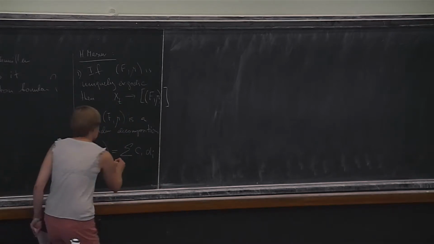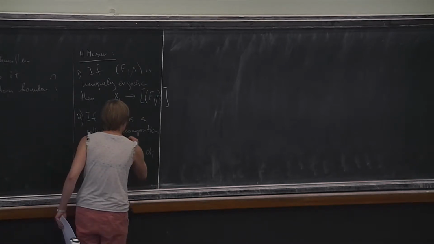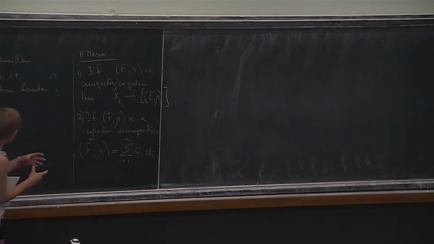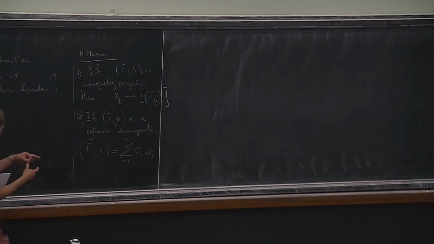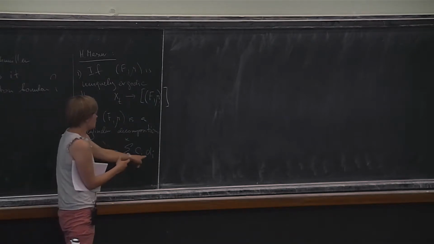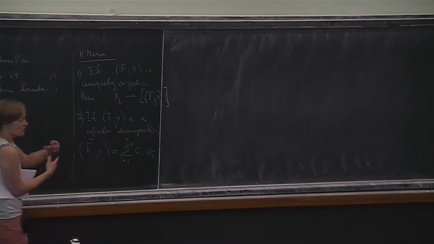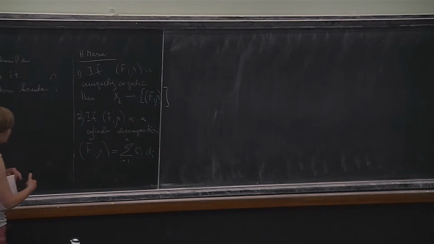Okay. So if it's something like this, then your foliation is such that every closed leaf is homotopic to one of the curves alpha i, and there are weights on them. Okay, so if the foliation is like that, then